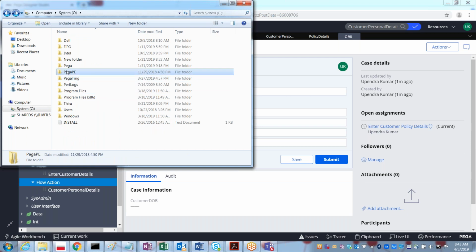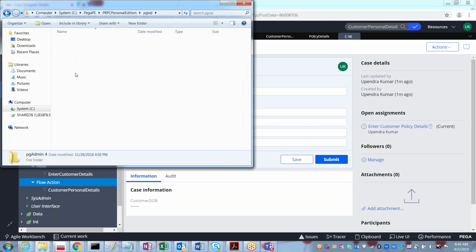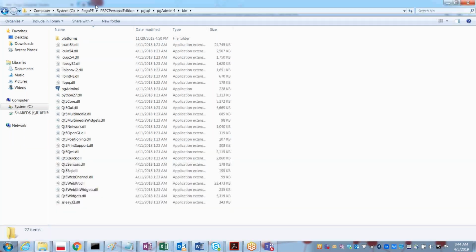Maybe I installed Pega PE, the Pega Personal Edition, and under that there is PGSQL, then pgAdmin 4, then bin. Whenever you install Pega Personal Edition, it automatically creates and installs the database for you.